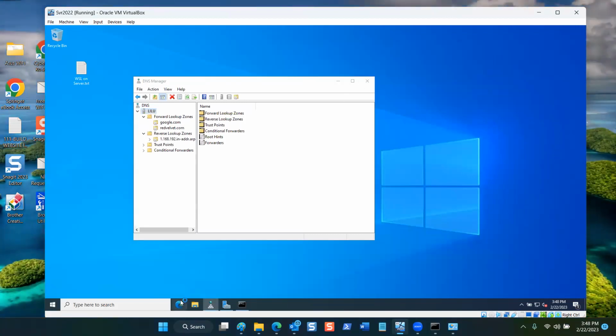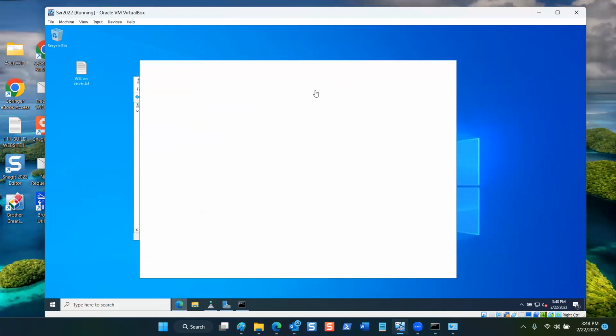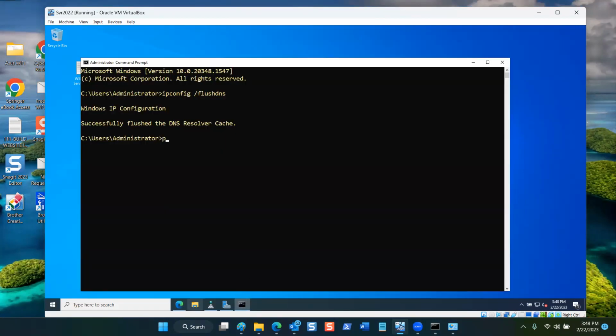I'm going to open up a browser and I'm going to ping frosting.redvelvet.com. Well, it's actually going out to the real internet, trying to find frosting.redvelvet.com, and there is a server that's named